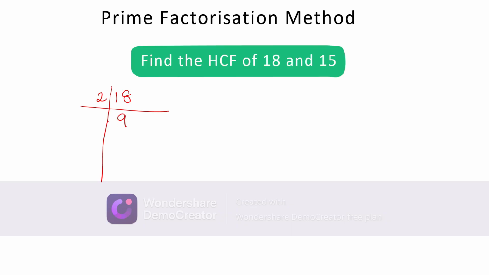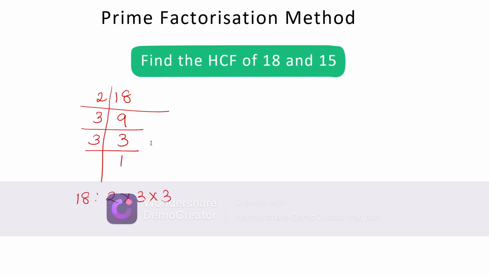So now we have to take another prime number which will divide 9. 2 cannot divide 9, so the smallest prime number which will divide 9 is 3. 3 threes is 9, so I'll write 3 over here. Again I have to take 3. 3 ones is 3. So I'll write all the factors of 18 in product form, that is 2 into 3